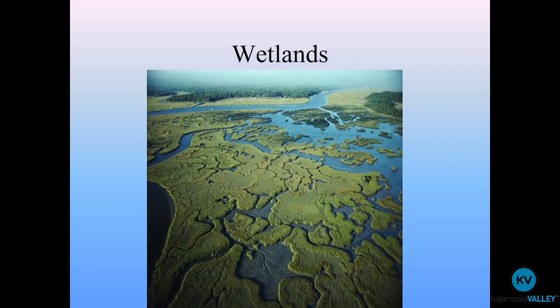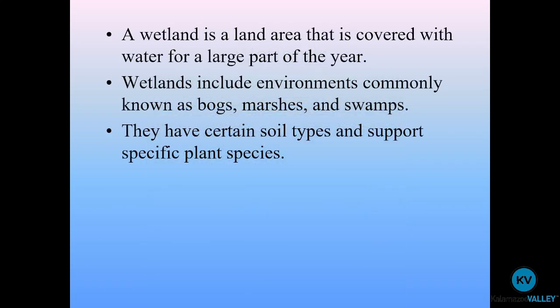Wetlands are another type of surface water body. This is actually fairly common in Michigan. A wetland is an area of land that is covered with water for the majority of the year. These are our bogs, our marshes, and our swamps. You may have heard some campaigning or people advocating for protecting our wetlands, and that's because they house very certain types of soils and support specific plant species that are important for diversification and sustainability of life and ecosystems on